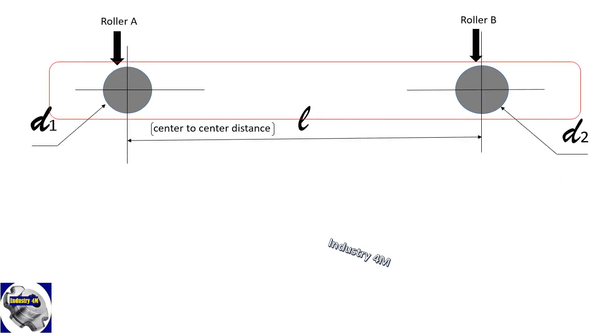Dear friends, today we are talking about the calculation and measurement of the conveyor belt, when you don't have the old belt or you are developing a new belt conveying system. As you can see in this slide, there are two rollers. Both are in different sizes, different diameters. But generally, the sizes of rollers A and B are the same. But if the sizes of both rollers are different, then also the same video can help you to calculate the belt length with the same formula as you can see in this slide.